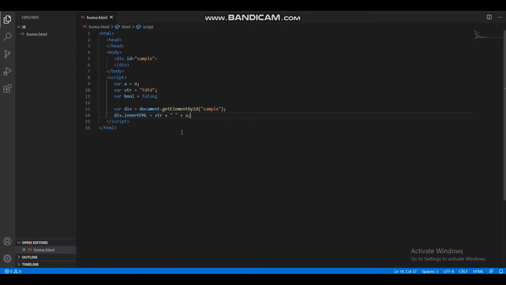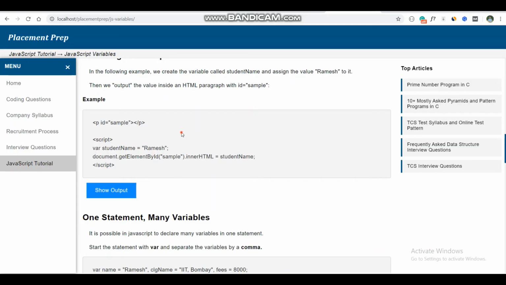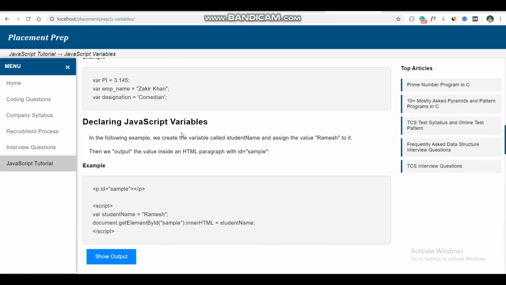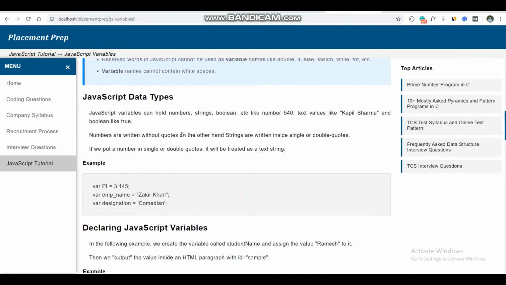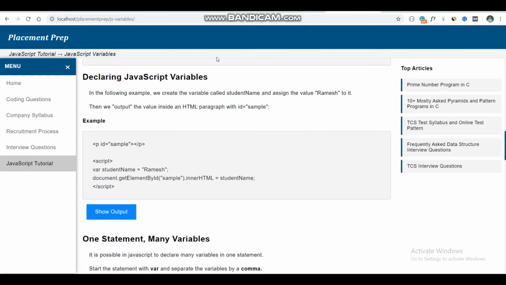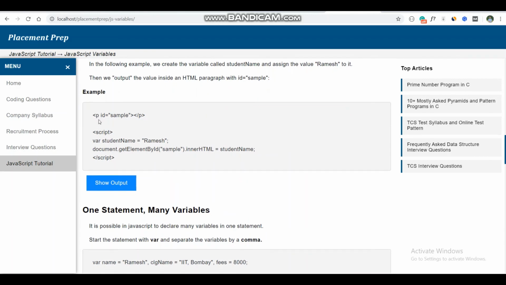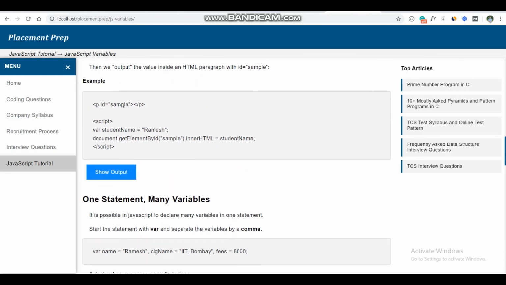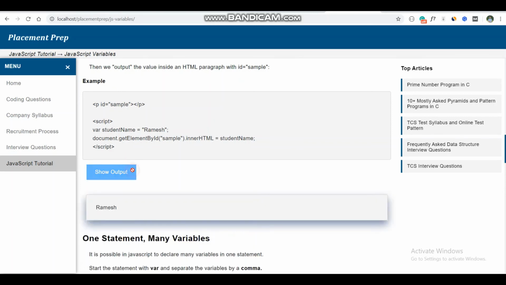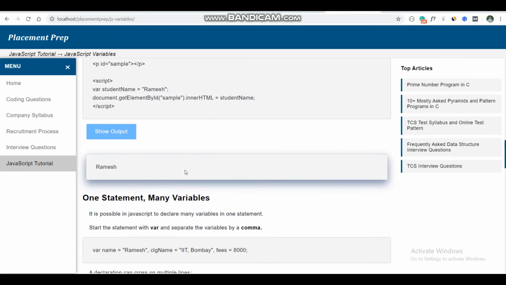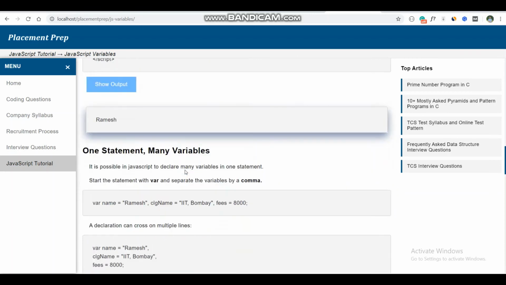We will see another example in this article, the declaration of a JavaScript variable. Here we assign p with id equal to sample, student name equal to Ramesh, and print the student name. The output is Ramesh, like we already saw in the live example.